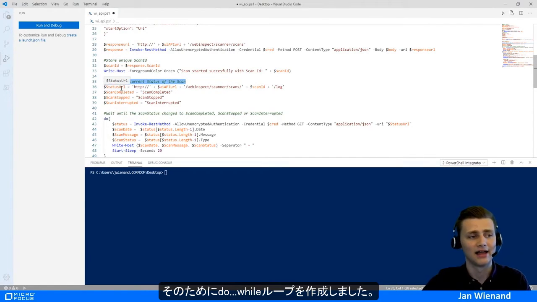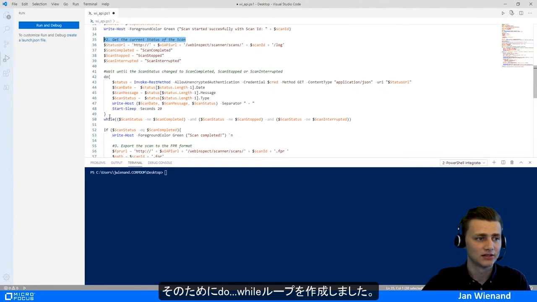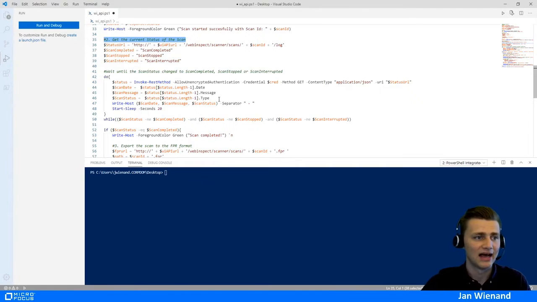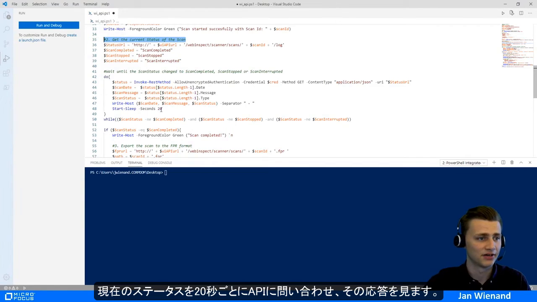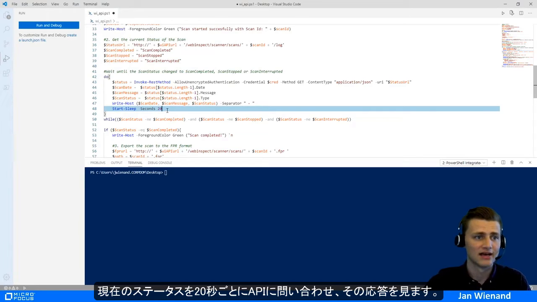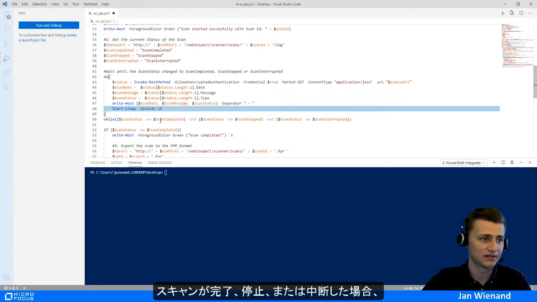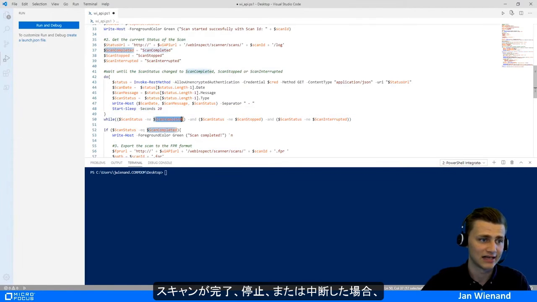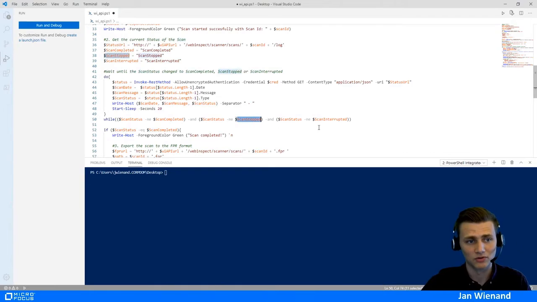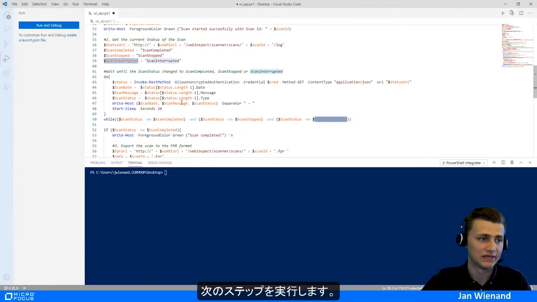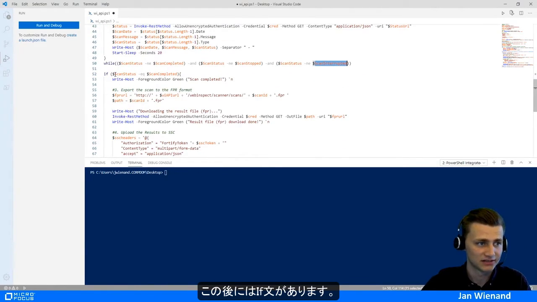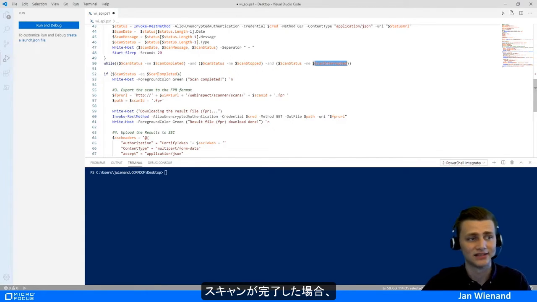And for that, I created a do while loop that just asks the API every 20 seconds, in this case, for the current status, and looks at the response. And if the response is scan completed, scan stopped, or scan interrupted, it will do the next steps. So after that, there is an if statement. So if the scan status is completed,